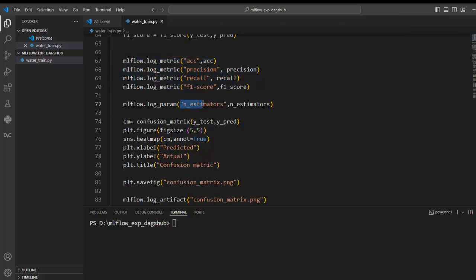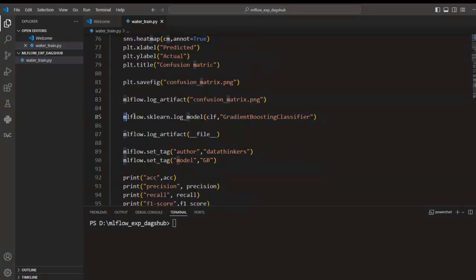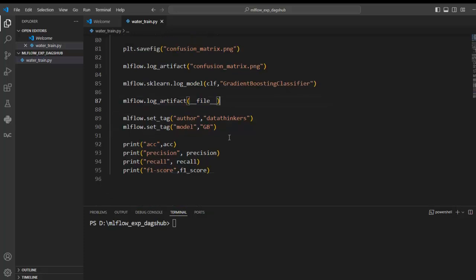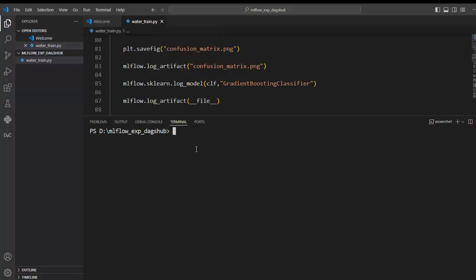Also this particular parameter of gradient boosting classifier, n_estimators. Also we have logged confusion matrix. This particular model, gradient boosting classifier. Also we have logged code file and also we have set the text for searching. Means our code is ready. So just we have to run our code using this particular command, python and our file name that we have just created,